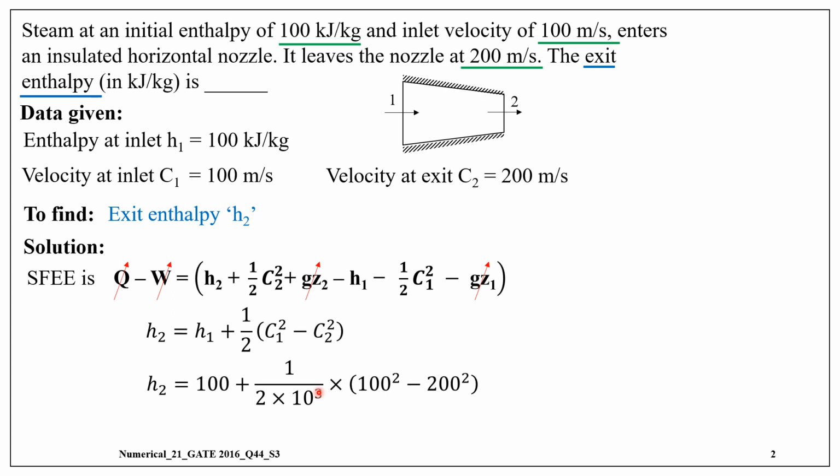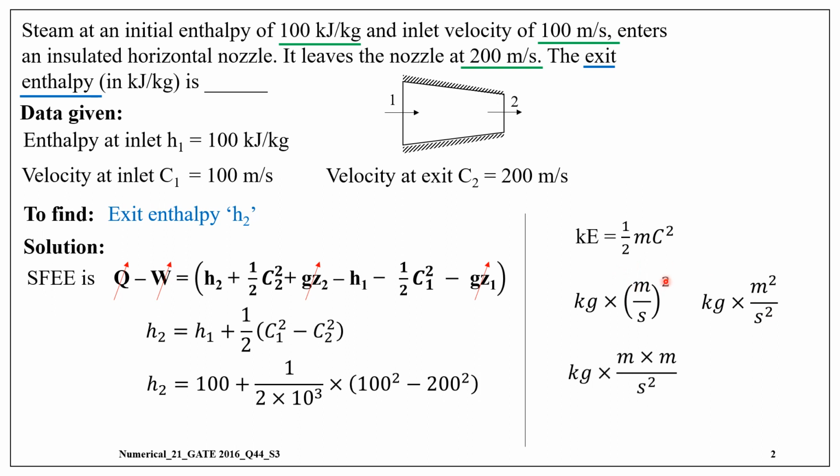Why this 10 power 3? In order to explain, consider the formula for kinetic energy. It is half m c square. Substitute the units. Mass is kilogram, c is velocity, therefore meter per second whole square. This can be written as kilogram meter square per second square. This can be rewritten as kilogram meter multiplied by meter divided by second square. And in this,